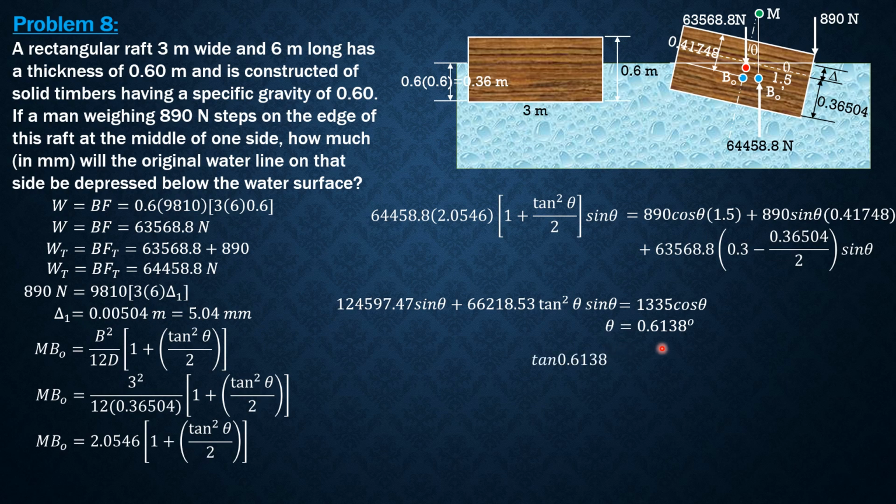So tangent of 0.6138 degrees is equal to delta over 1500 mm, or 1.5 m. So delta in mm is 16.07. The total depression therefore on this side of that edge is 5.04 plus 16.07. So the total depression is